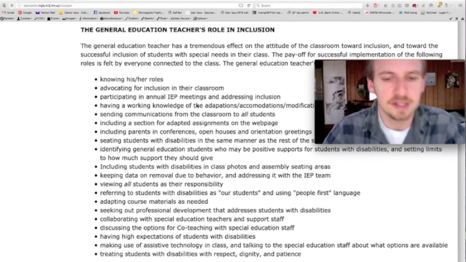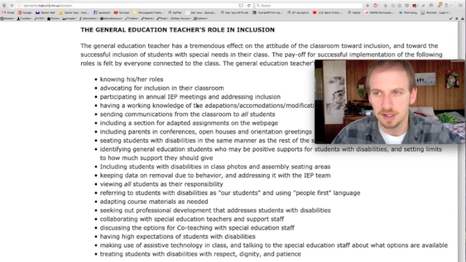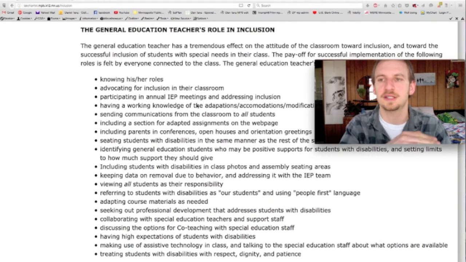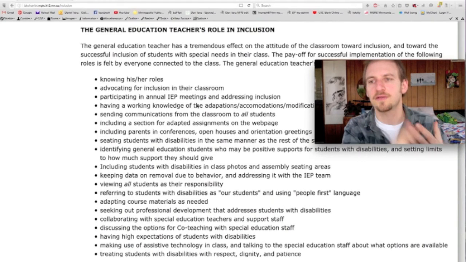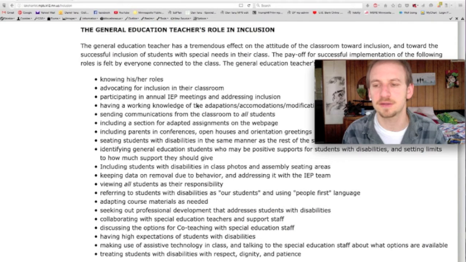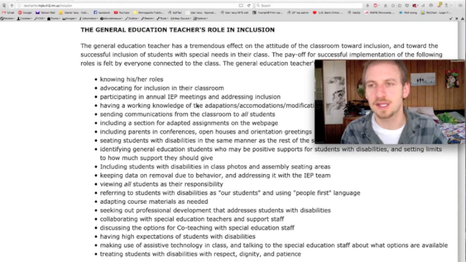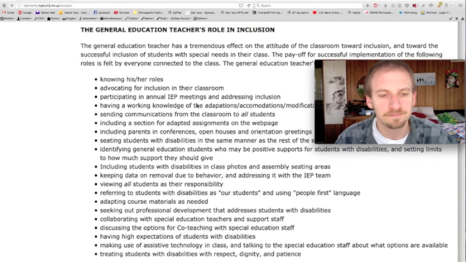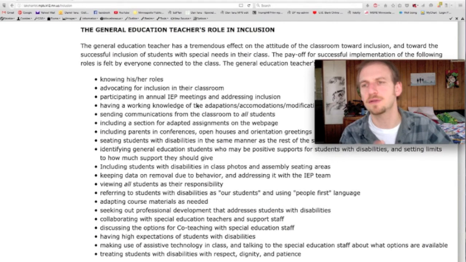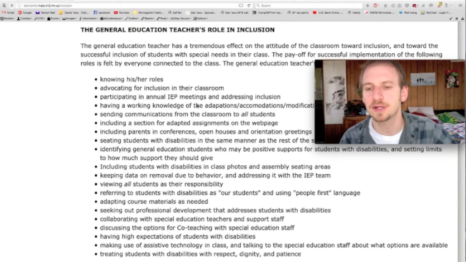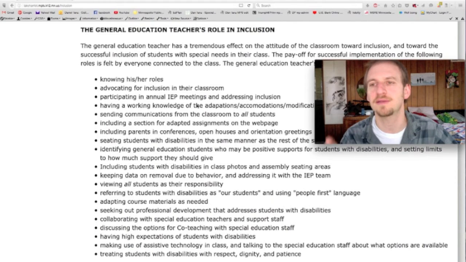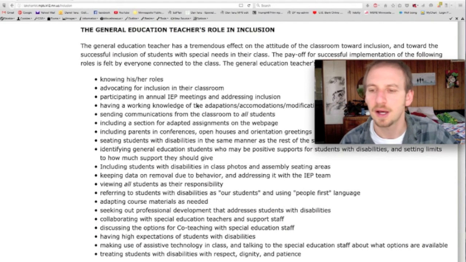Making use of assistive technology in class, in other words, if a student needs a button to press to say something, that will speak for them, or an iPad can do that, or a switch, or even a book with pictures that they can point to if they need that to communicate. Find ways to make use of that and rope that in. Even if it's in a moment out of your day, rope that in, use that. Imagine how much more inclusive that's going to be if you do that even once than 0 times. I guarantee that student will remember that moment.